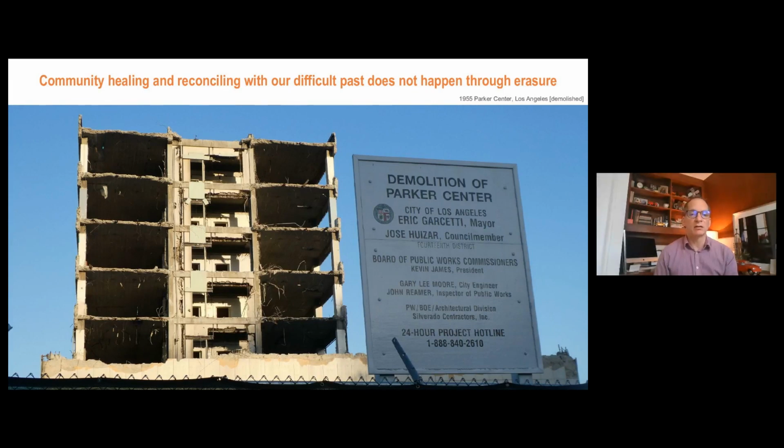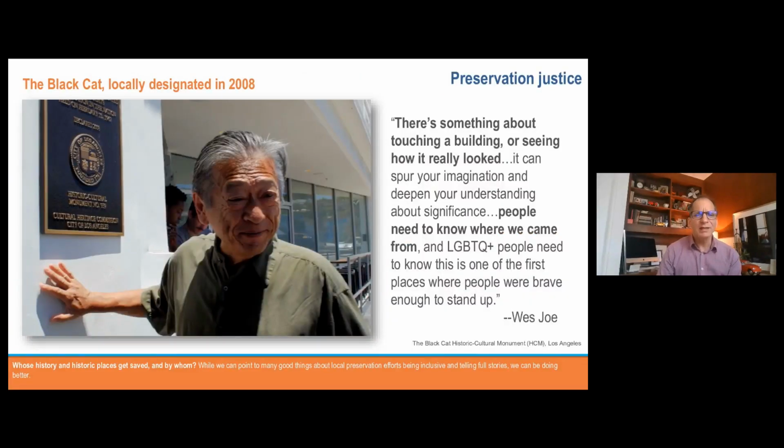And I think that is one approach that we're seeing in some communities and places across the country. But in terms of healing, reconciling, and having some of these difficult conversations, when we erase the past, we lose an opportunity to be able to talk about this history and where we were in the past and where we are today.